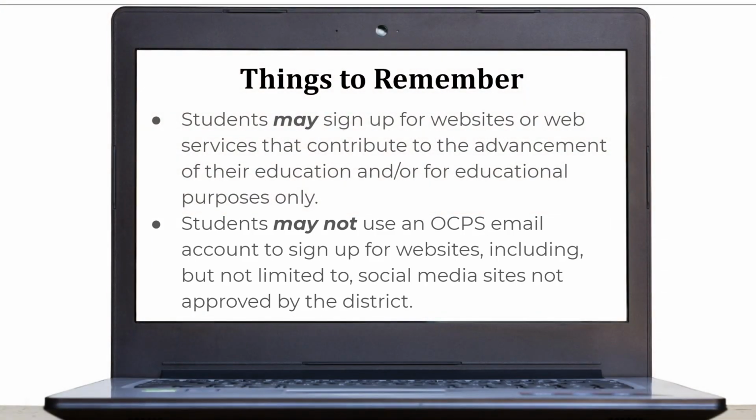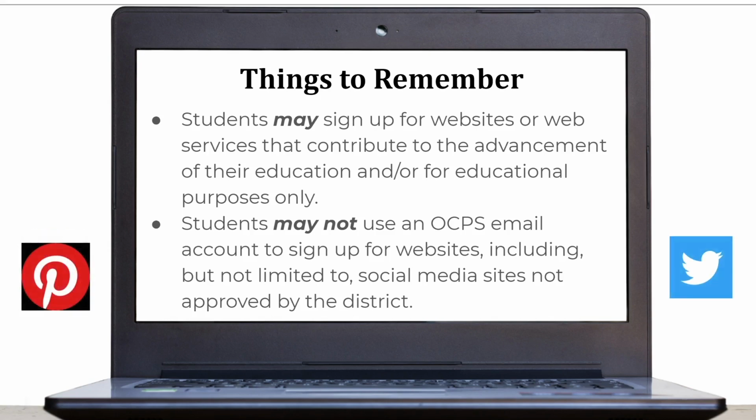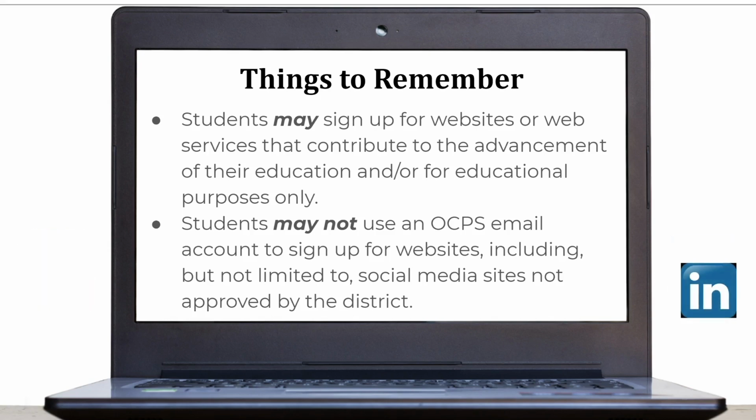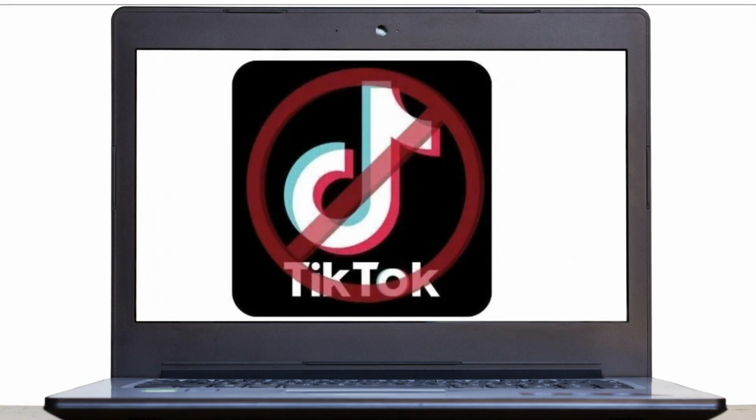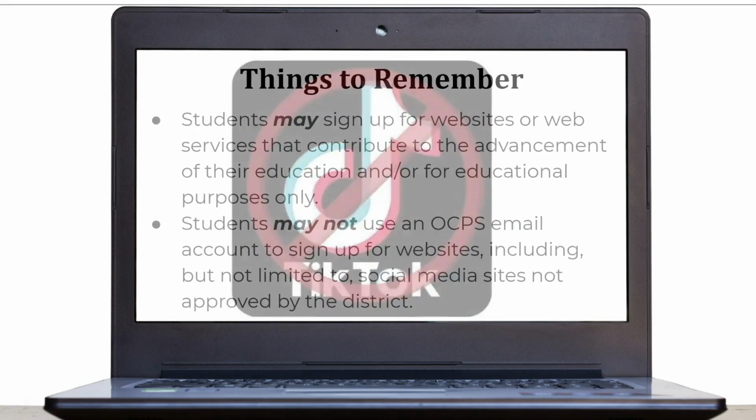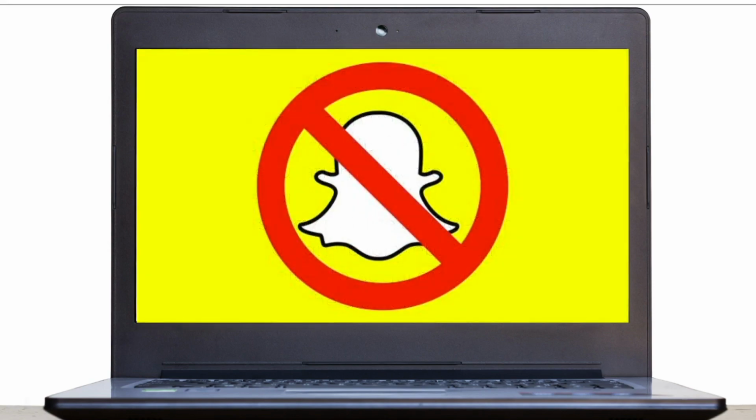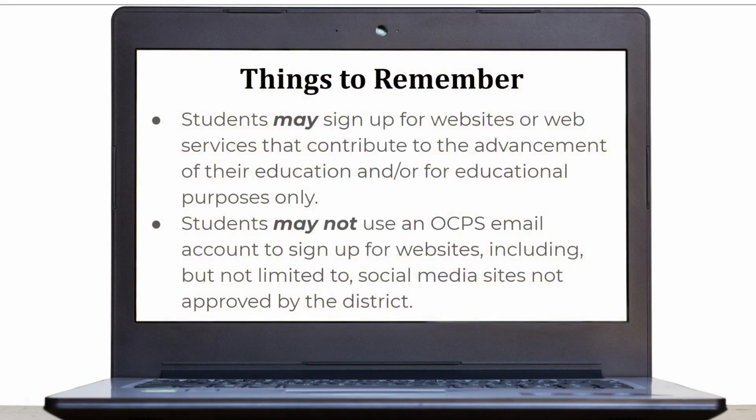Approved social media accounts include Facebook, Twitter, Pinterest, LinkedIn, YouTube. Currently unapproved social media accounts include things like TikTok and Snapchat. You can use a personal email account for those, but not your OCPS account.